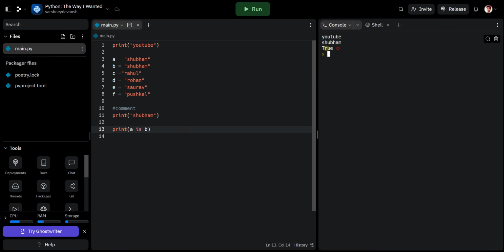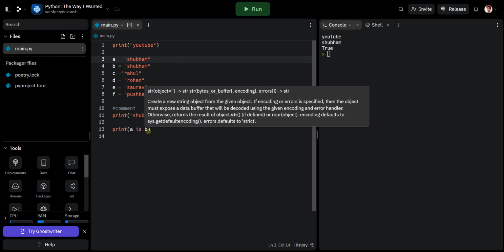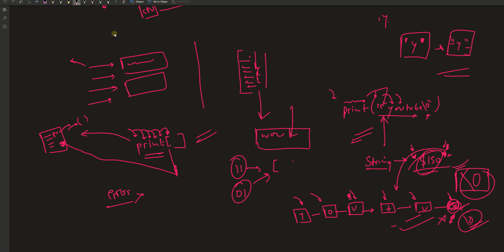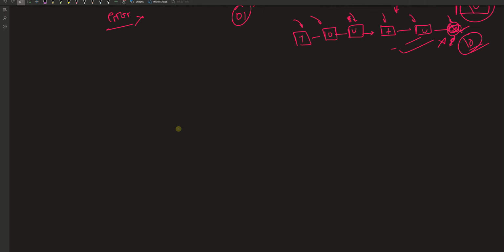So it's true. Right now, the memory is going to be the same. And with Python, what happens usually is that once you store something, Python does certain types of optimizations.